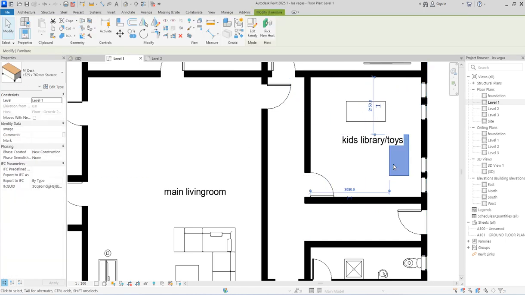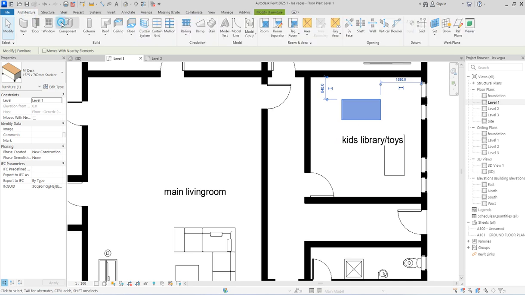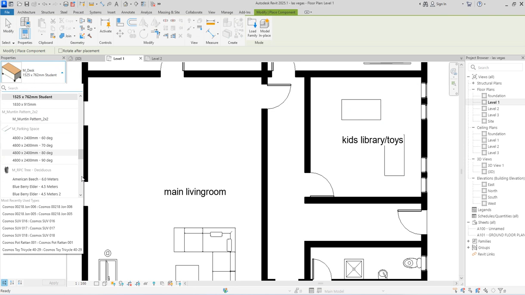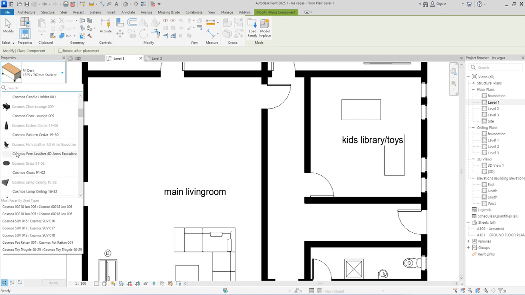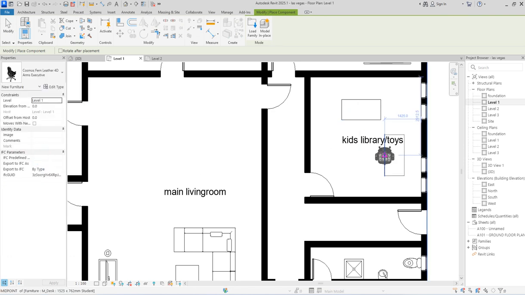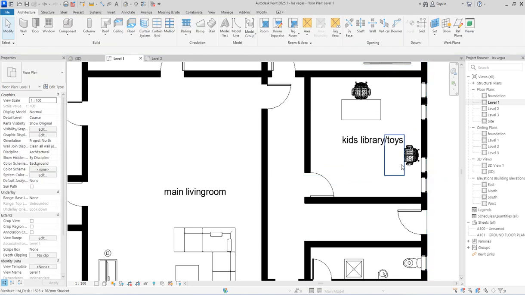So adjust it and adjust that. Push it forward and push it forward. So you get a chair for that. Let's just use this executive one. This one will be okay. Place it here, rotate it, and it will already be there.